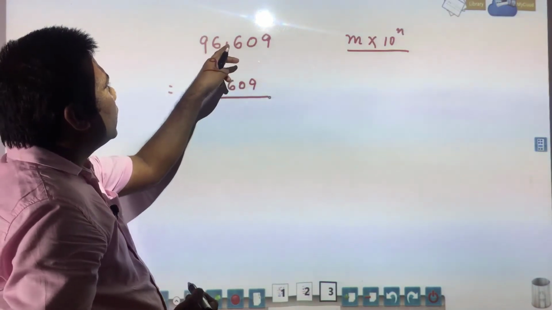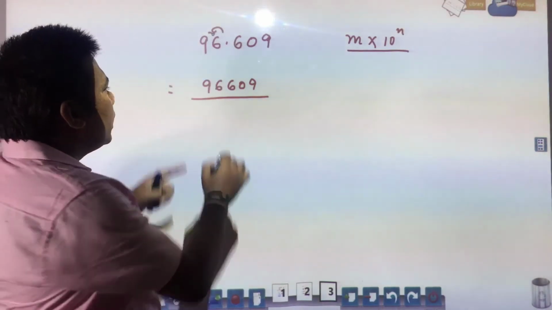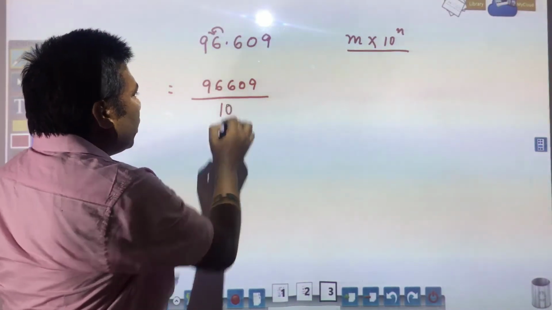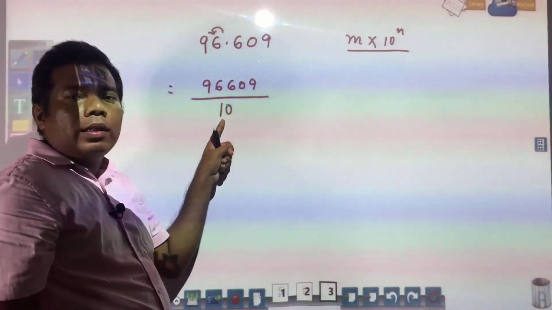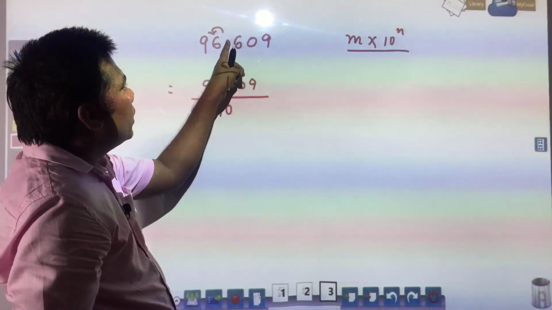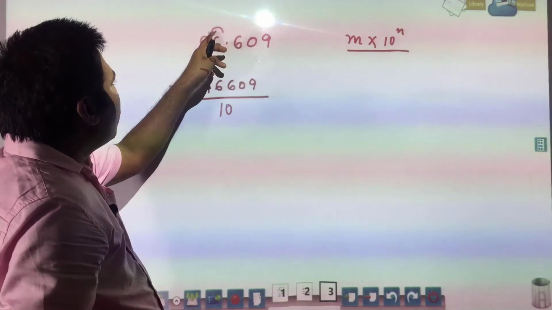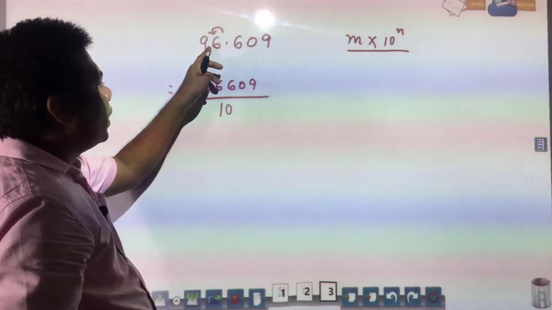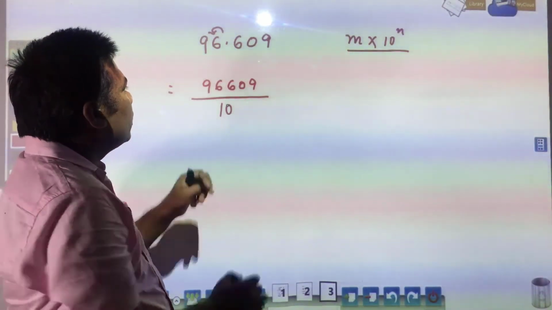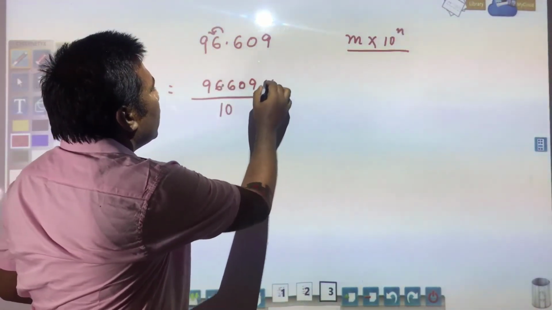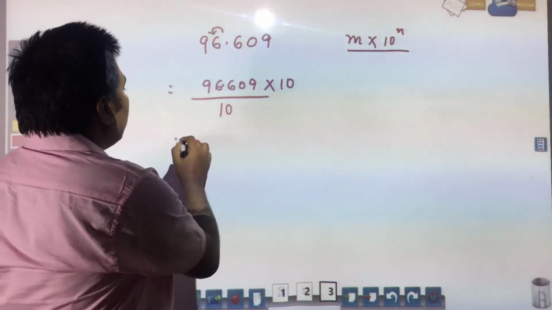That is very simple. If you are moving the decimal leftward one place, it is required to be divided by 10. If you are moving rightward, it is required to be multiplied by 10. So, here you need to bring your decimal leftward one place, so it is required to be divided by 10. You are doing this yourself. So, here what will you do? You will multiply also by 10.